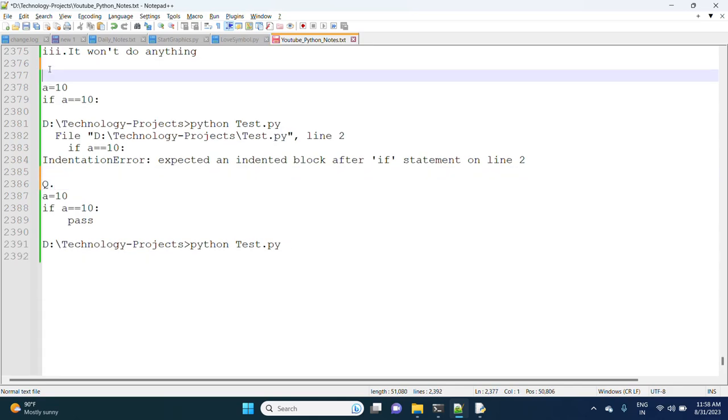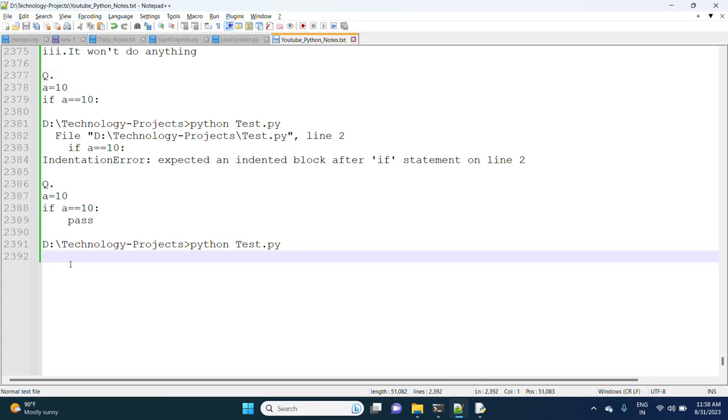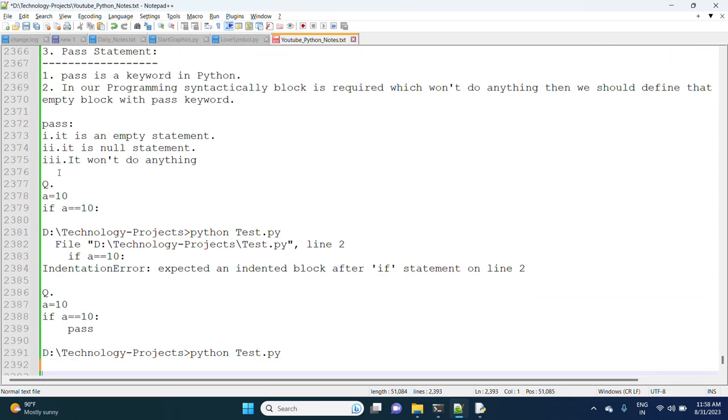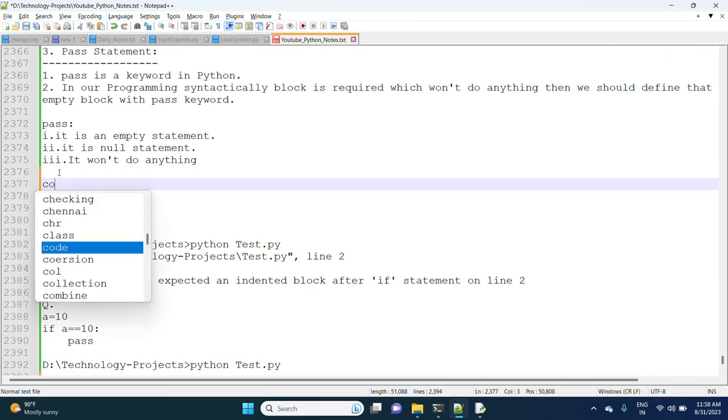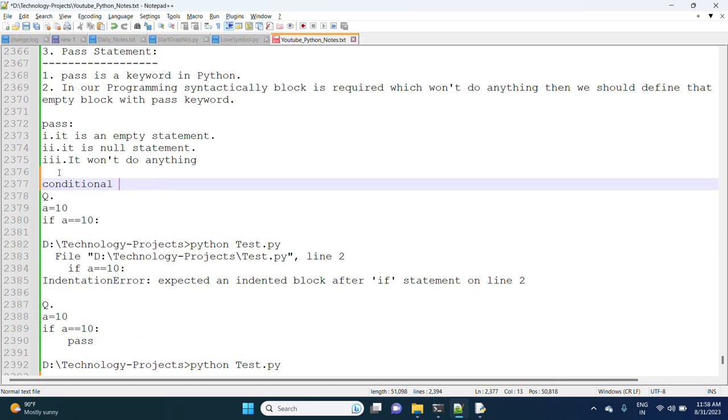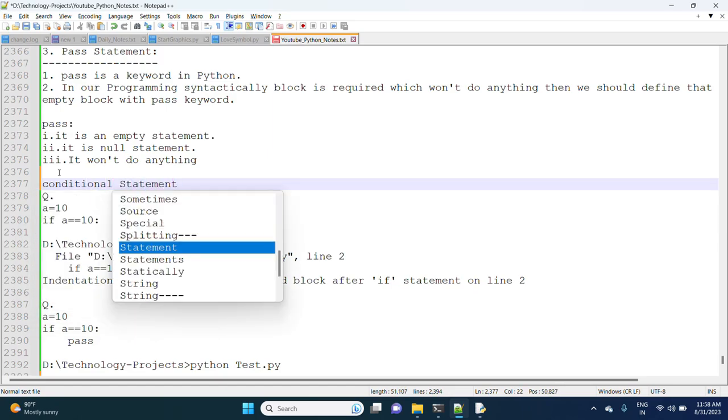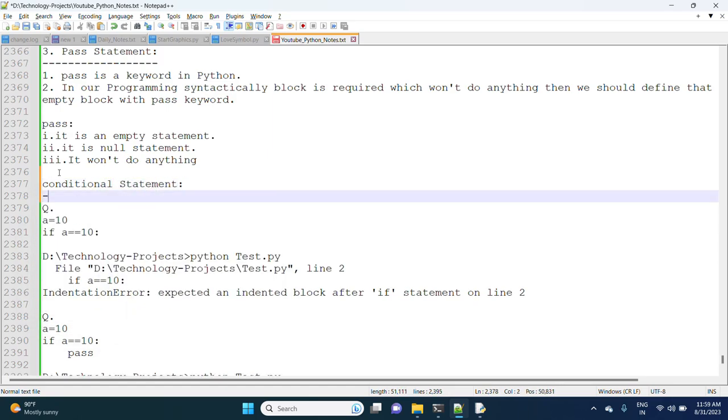But sometimes we can go for it at the function level also. Previously we observed it with respect to conditional statements.